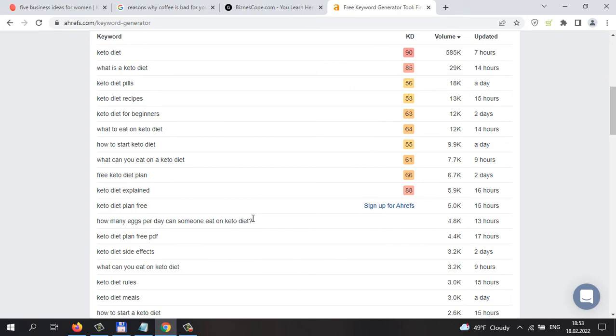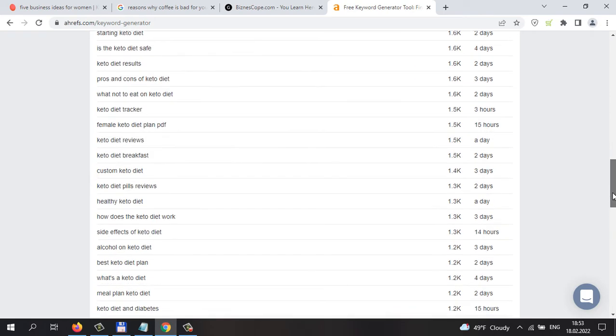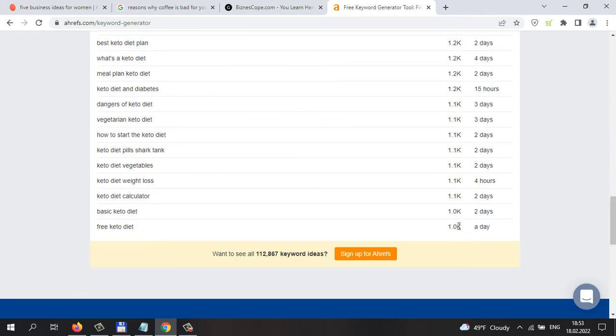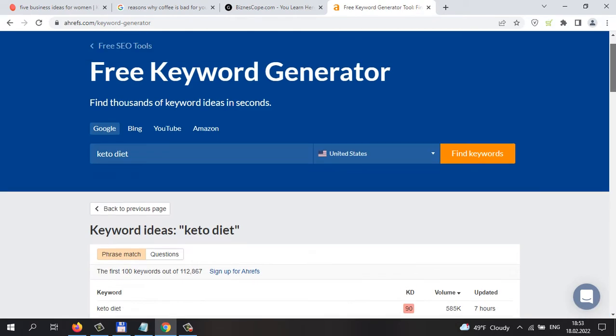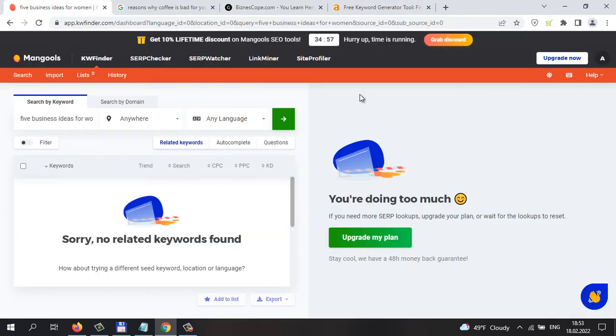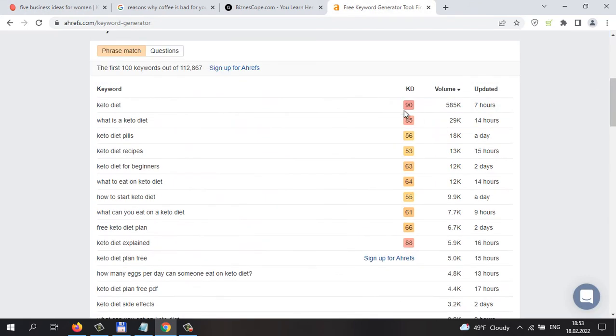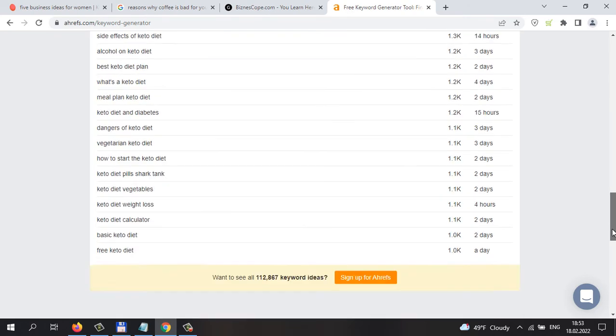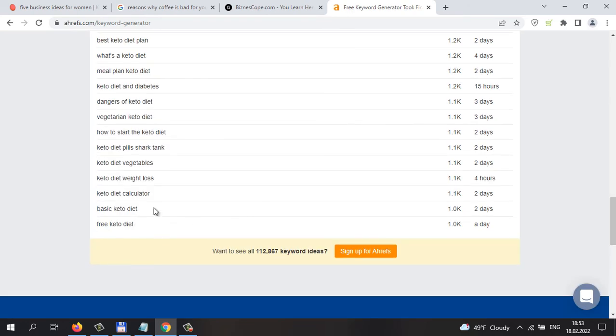So don't use this keyword, but try to find similar keywords that maybe have a volume of about 500, 1,700, and try to use kvfinder.com, this website, this tool, to select the keywords and to find the keyword difficulty, because if it is 20, not 90, not 85, but maybe 20 keyword difficulty, you can just use this as a headline for your article.